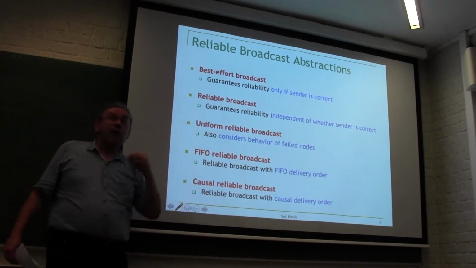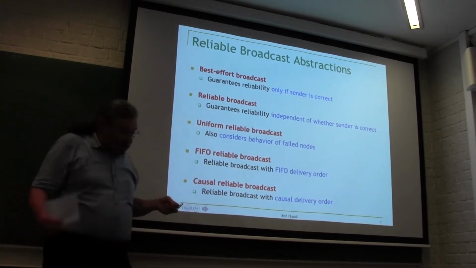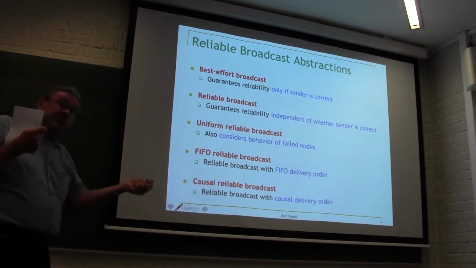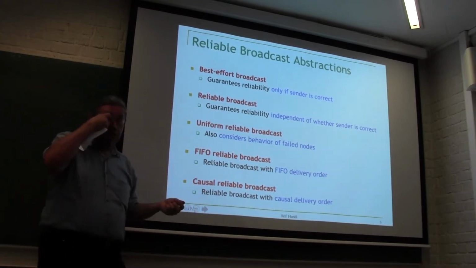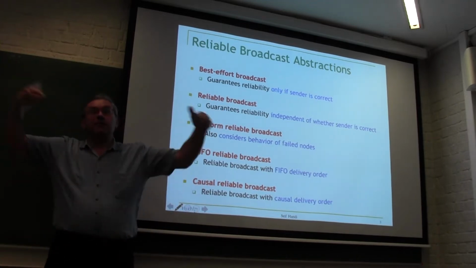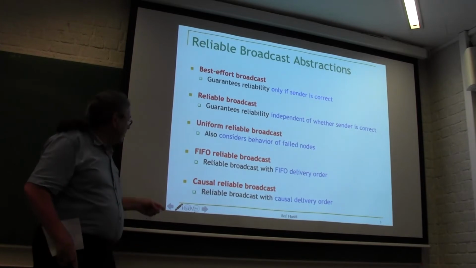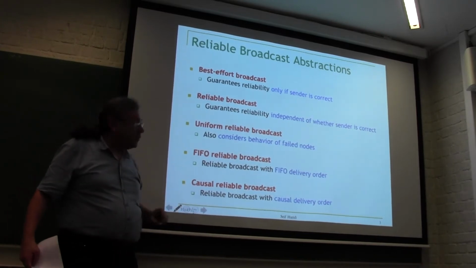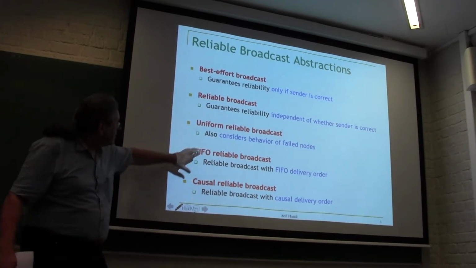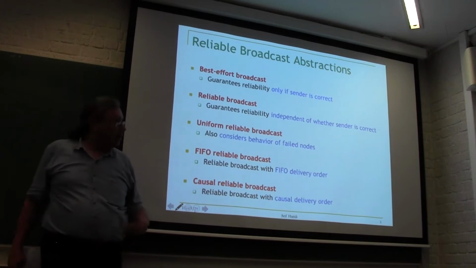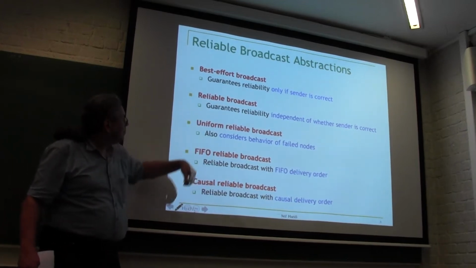Whereas you also have the transitive relation. So if two messages have some causal connection, if one happens before the other, then they will also be delivered in that order. Even if it's because of some weird connection, they will be delivered in causal order. So this is harder. This means more code, and still handling failure and uniform and everything.